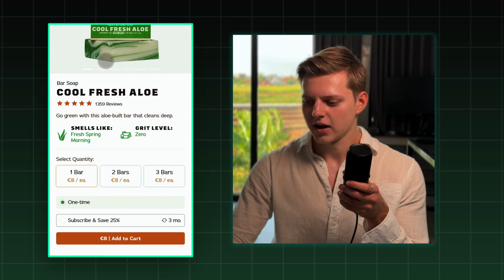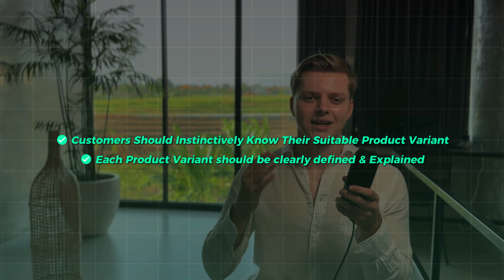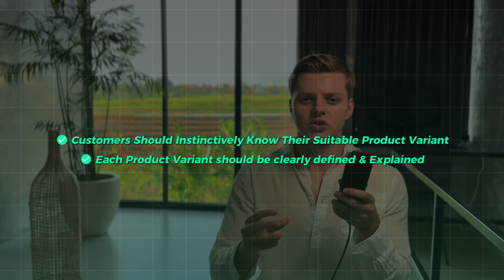fresh spring morning. And it's super easy to instinctively know which one of these you like the best, because the smells are very distinct and descriptive, so you kind of already know which one you would like to smell and which one you don't like to smell. And for the grit level, they just classify it in different scales of grit. So if you like heavy exfoliation, you will find the grit level heavy and you would like to buy that. If you don't want exfoliation, you can very easily find the grit level none. So this is a beautiful example of how you can remove cognitive friction by making it instinctively easy to select which of your product variants to